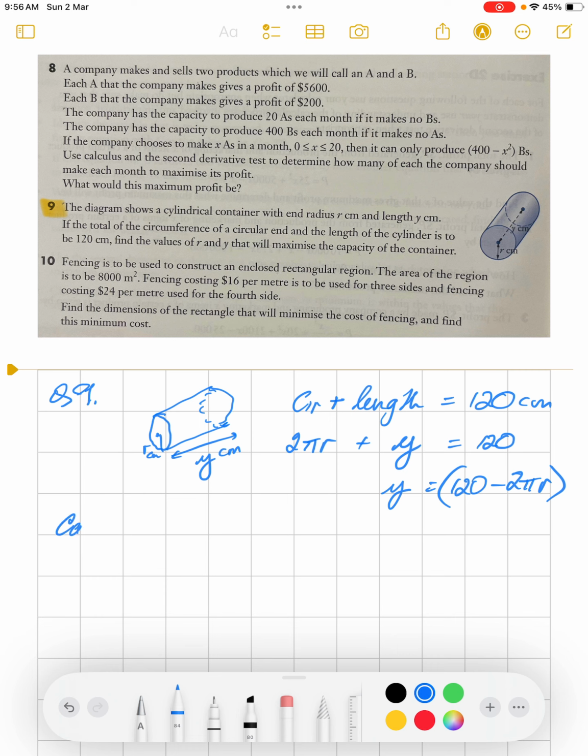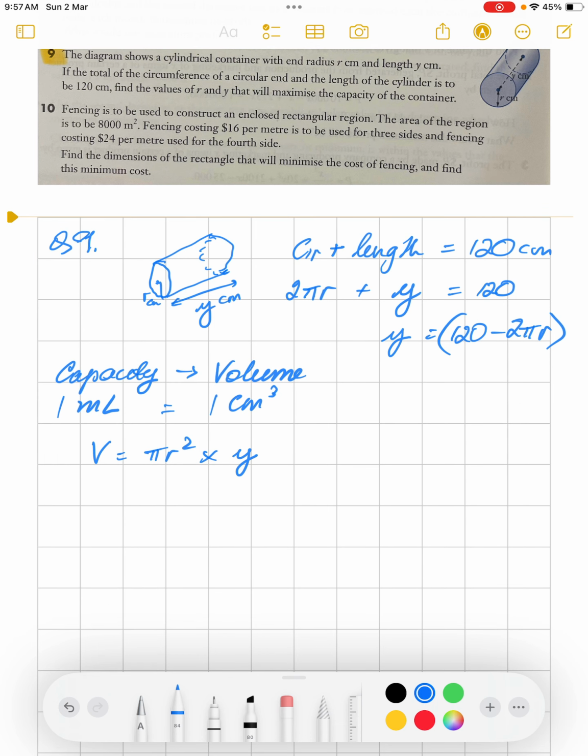So the capacity is generally the same as the volume, although it's good to know the capacity is measured in, say, milliliters and volume is measured in cubic centimeters. However, the volume and capacity is 1:1, so 1 milliliter is 1 cubic centimeter. So let's have a look at the volume, and the volume is pi r squared, area of base, times height, which is the length. And we want to optimize that, so we get dV/dr of that